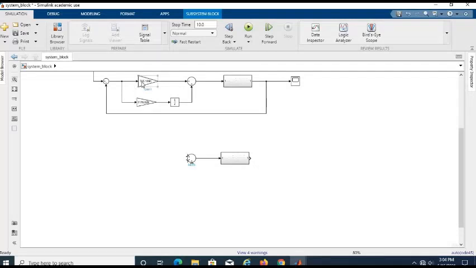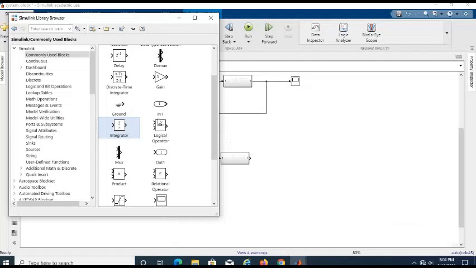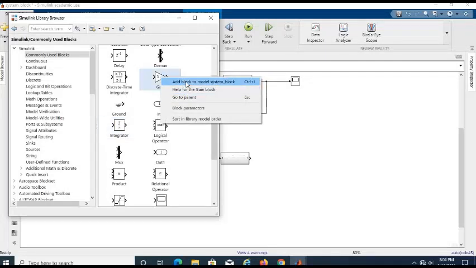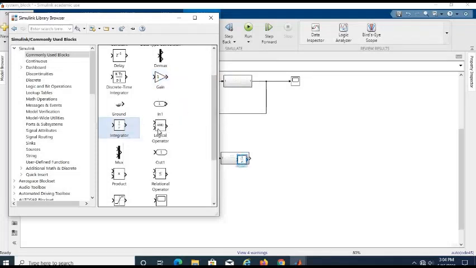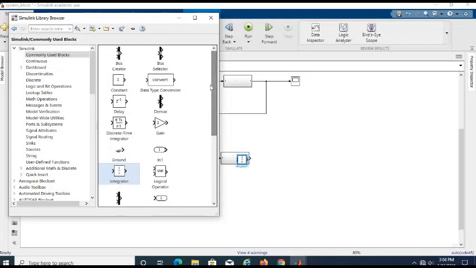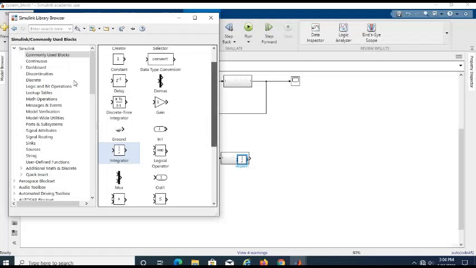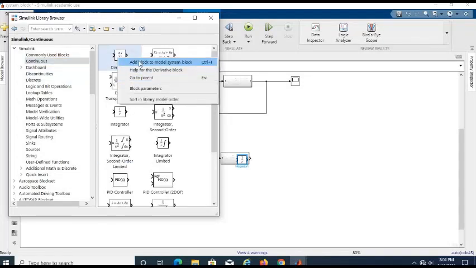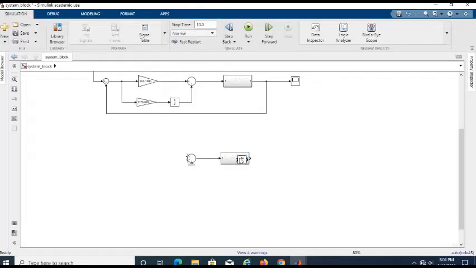We need 3 gain, 1, 2, 3, and also we need integrator, and we need differentiator. Oh, where is differentiator?